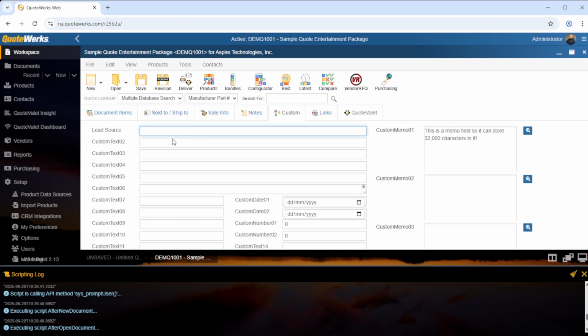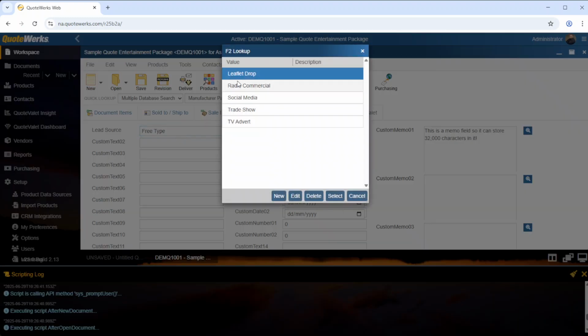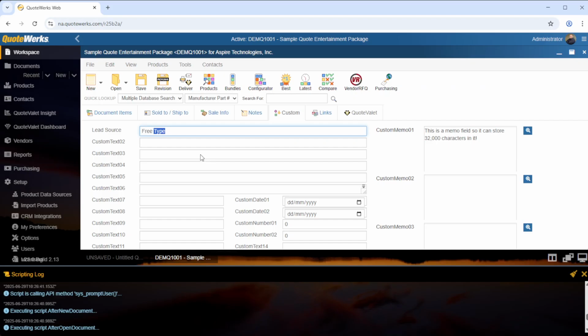As you know, you can free type all you like, but when you're relying on the lead source for reporting, you need consistency of input. You really want that to be one of these 5 options and not one of them misspelled or something completely different that the end user has come up with. So to that end, what I have done here is